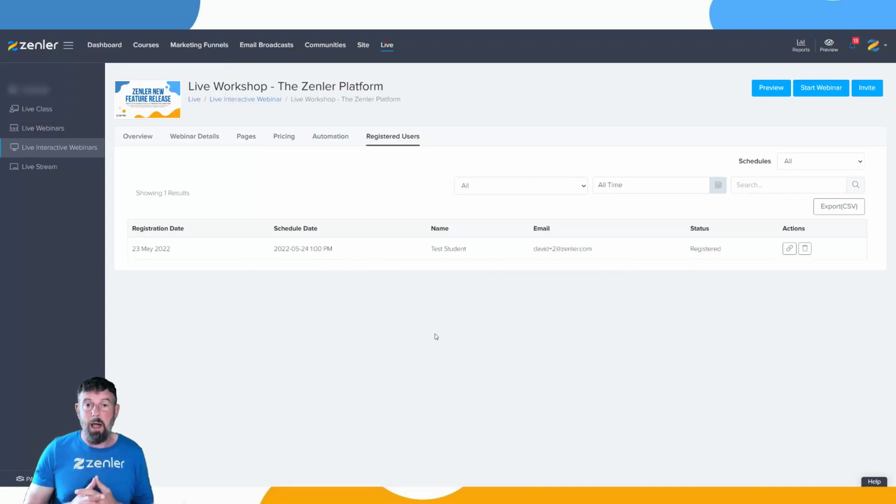So this is how we can set up multiple schedules for a live interactive webinar. We think you're going to love this feature. It's the first thing towards setting up the calendar part as well. We've got this whole calendar system that works, where you can pick your dates, pick your days, and book. I think it's one of the main pain points you guys were looking for us to complete. As we're working our way to make this fully featured, this is a big release just for you guys. And that's another new feature release from us at Zenler.